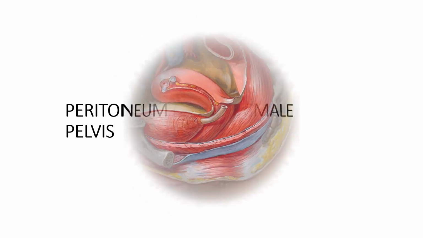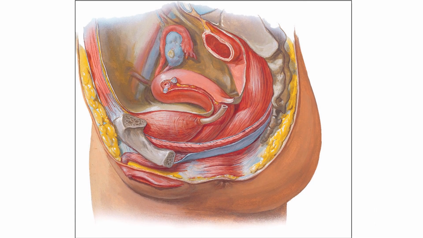Now coming to the peritoneum of the female pelvis. So what happens after covering or suspending all the abdominal viscera? This peritoneal fold is extending into the pelvis. Now try to observe here, this is the sagittal section of the female pelvis. We have seen up to the abdomen, then after covering or suspending all the abdominal organs, this peritoneal fold